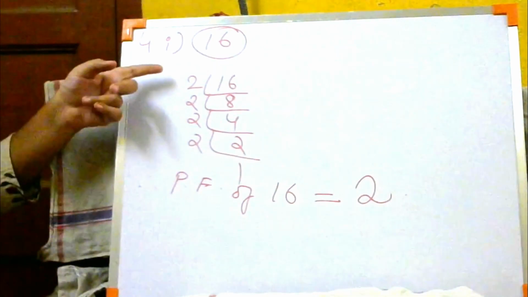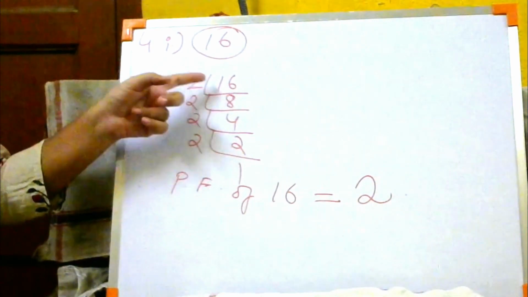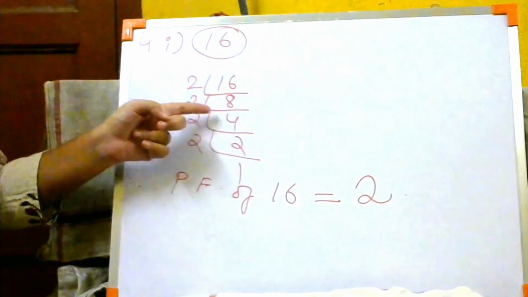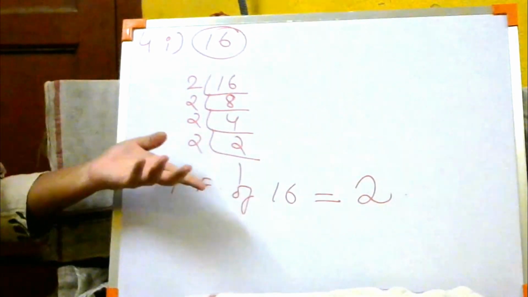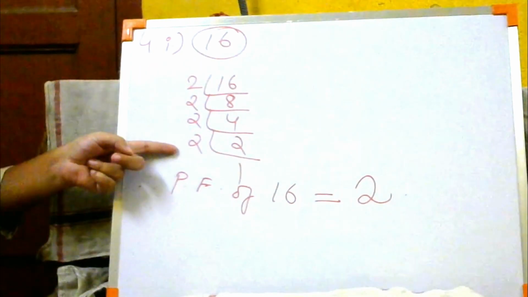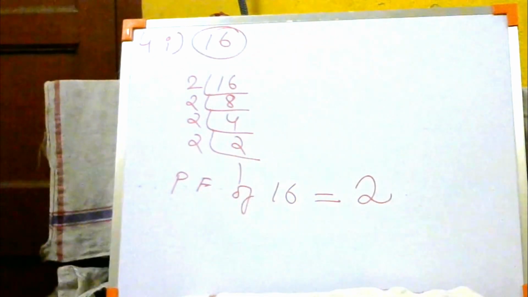Clear? So over here for prime factor we are following the LCM method only, that we are dividing this number by 2, so we got 8. Again 8 को 2 से divide करते हैं तो 4 आया, 4 को 2 से divide किया तो 2 आया, then 2 को 2 से divide किया तो finally we get 1. After 1 we cannot proceed anymore. So what is the number which is repeating again and again? That is number 2. So 2 is the prime factor of 16. Clear? This is the easier way to find it out.